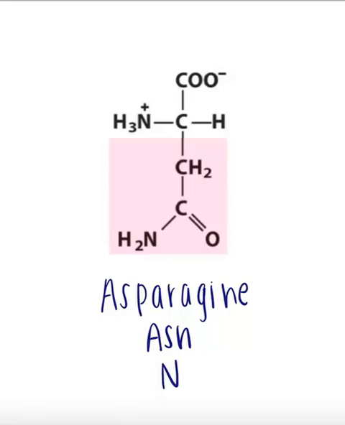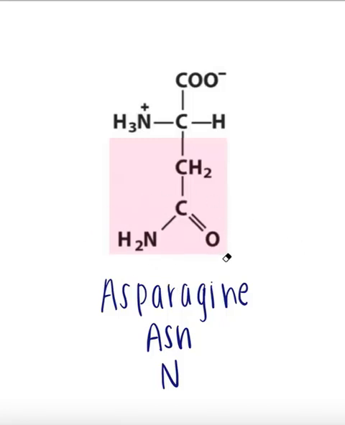And then we have the last 2 polar amino acids. This is asparagine, and the other one is glutamine. Note that they sound like aspartic acid and glutamic acid, and that's because they are essentially the polar counterparts of the acidic amino acids. So if you remember in aspartic acid, it basically had the same structure, except at the end we had a carboxylic group. So instead of having this NH2 over here, we had an O negative because it was acidic and had donated its hydrogen. So going from the acidic to the polar version, we're basically replacing that OH with an amino group, and that's just going to make this overall end polar, but not